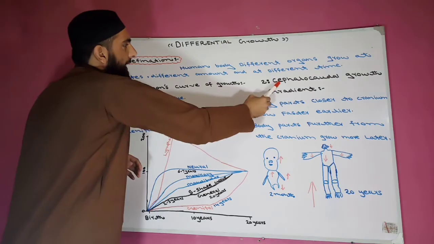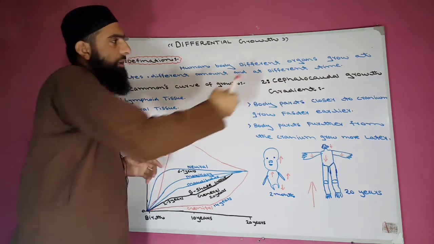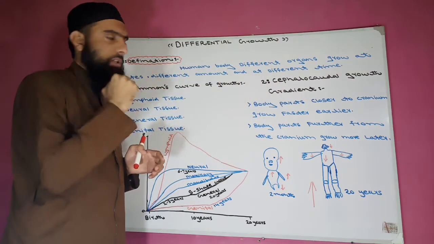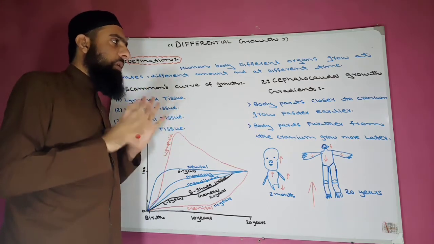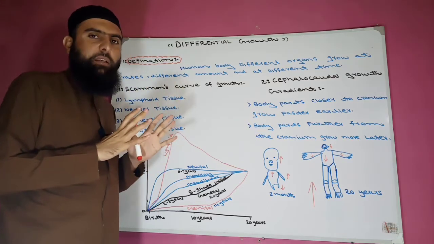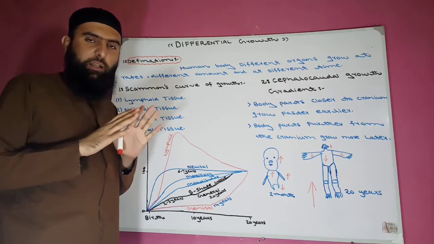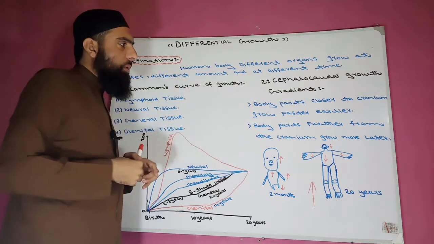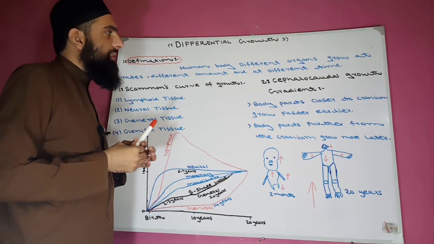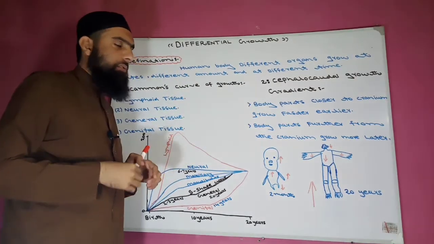Cephalo means head, caudal means tail, and growth gradient means growth variation. Here cephalo means head and caudal means tail, but because humans have no tail, caudal means lower limb. To understand the cephalocaudal growth gradient, we should